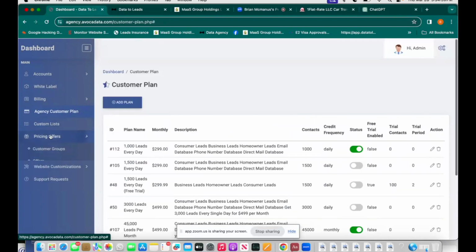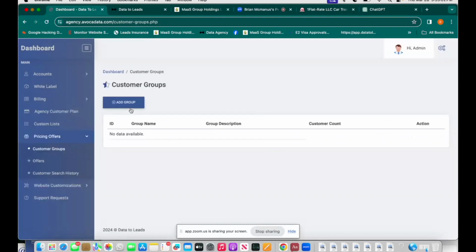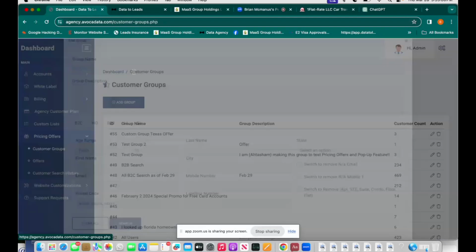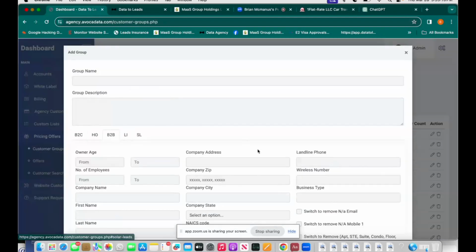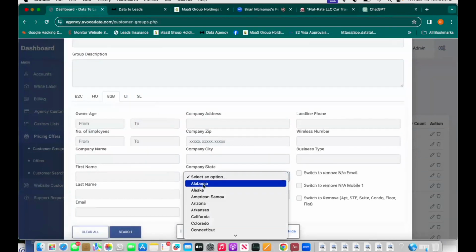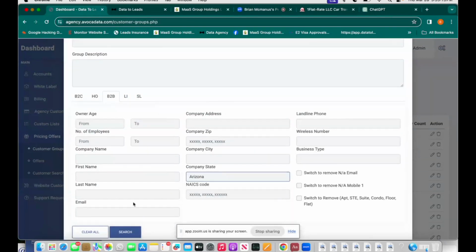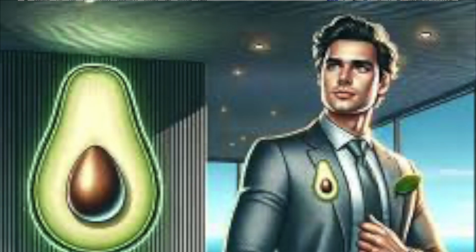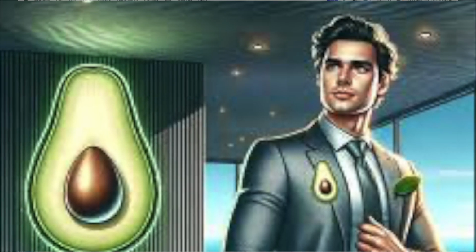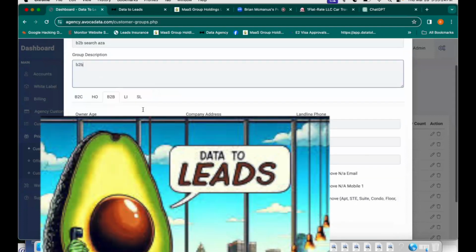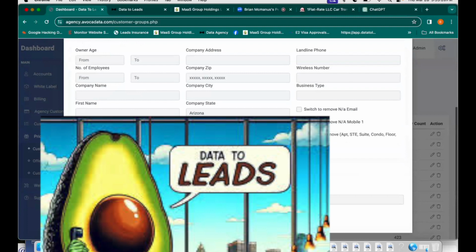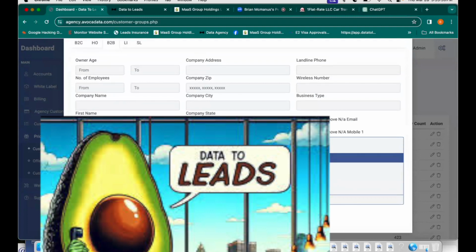Also within here, you have the ability to make customer groups. And what this is, is retargeting. So if someone in your system searches, let's say, businesses that are in Arizona, we now have every single person who ever searched for leads in Arizona.